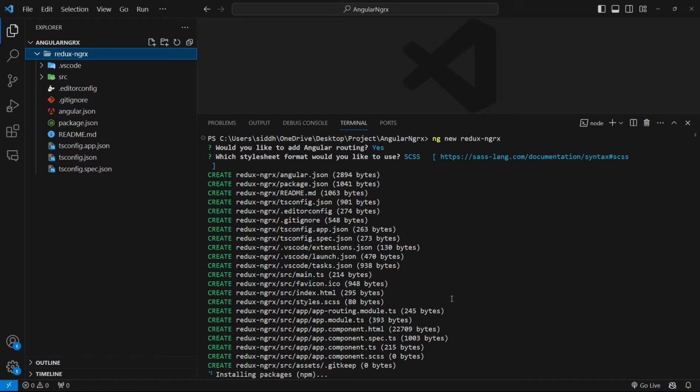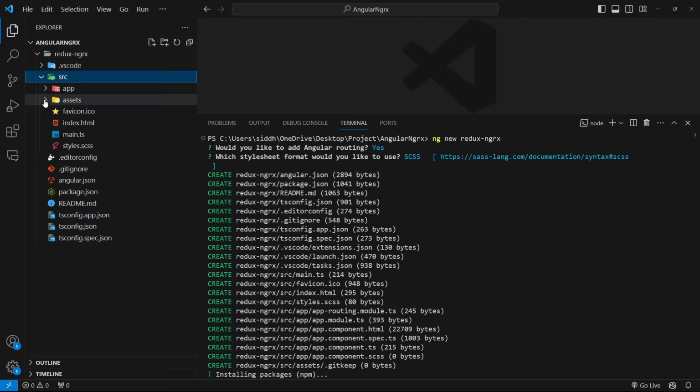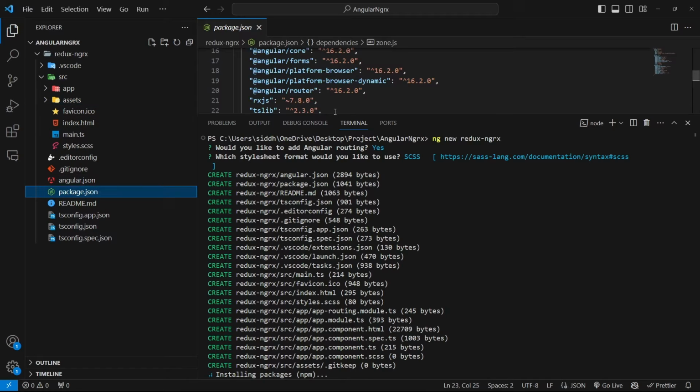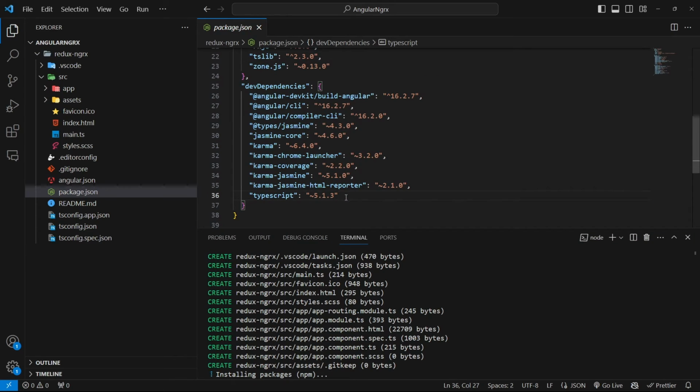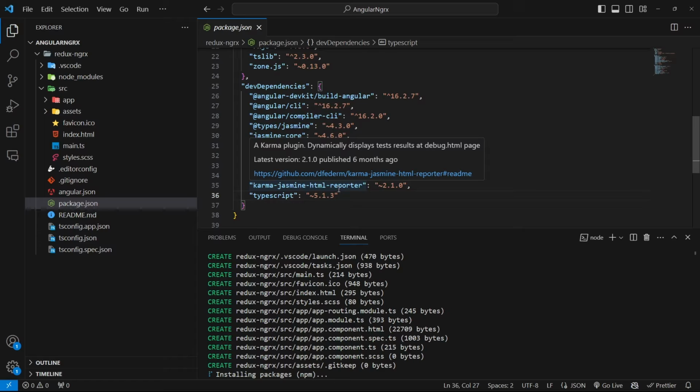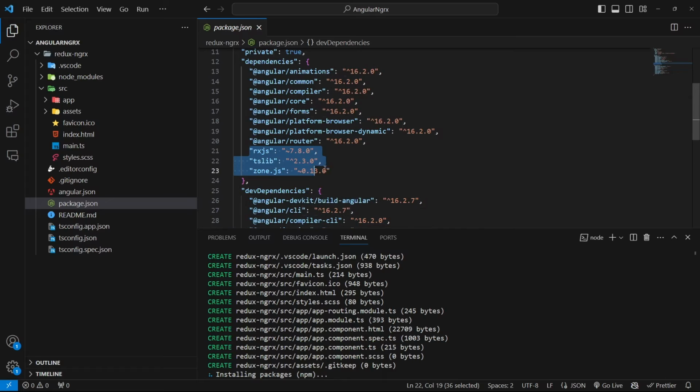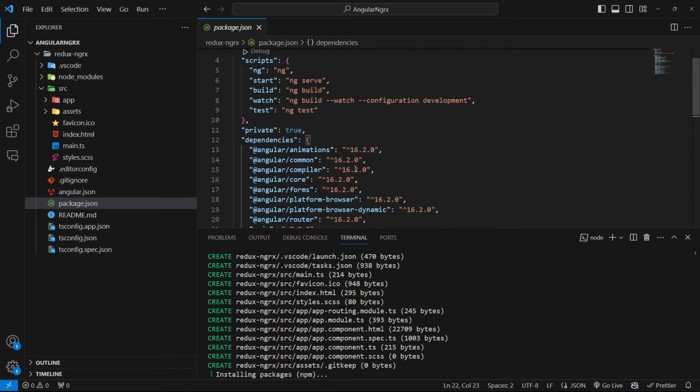So till the time we get this thing here, just let me make you pretty much familiar that this has TypeScript. And if we see the package version over here, we can then see that we have TypeScript version 5.1.3. Okay, so we are dealing with TypeScript version 5.1.3. And with this, we have Angular 16 alongside some unit test cases. RxJS 8 is in development, so it will be soon available to us